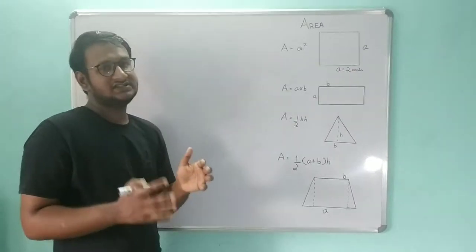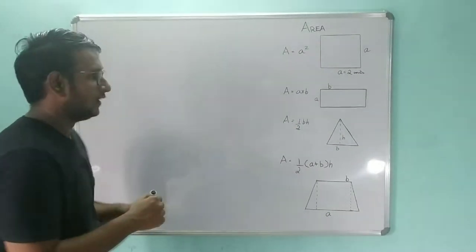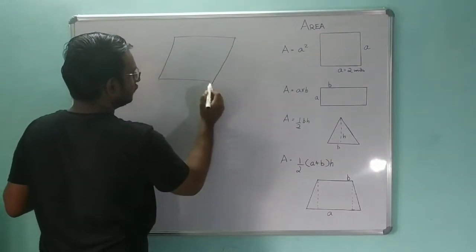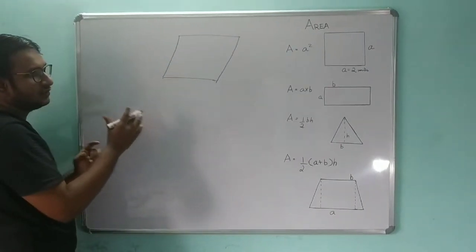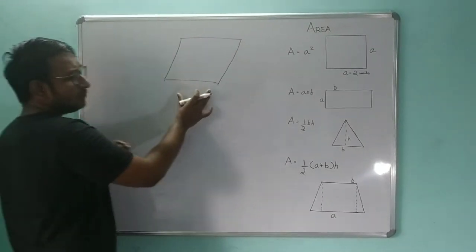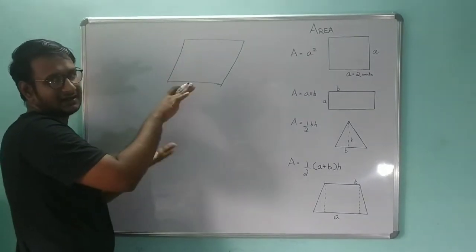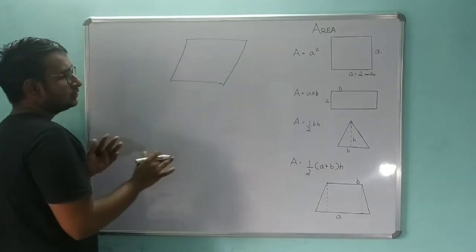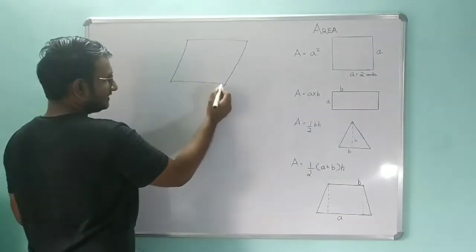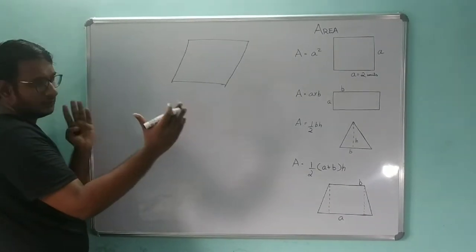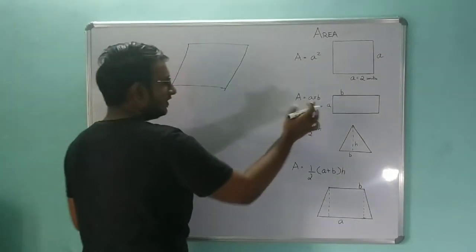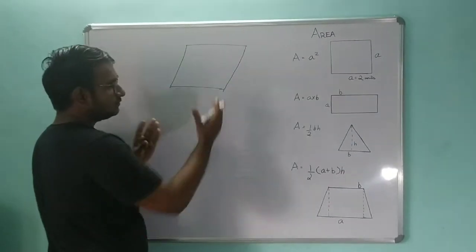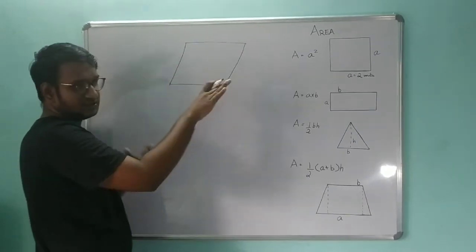Now we will see the area of another shape, that is, the parallelogram. This is a parallelogram. If you notice, you will feel that it is similar to a rectangle, but it is just slanted diagonally, like this. If we make this slanted shape into a clear-cut rectangle, we can apply the same formula of the rectangle over here. But we can't do this directly because the shape is slanted.